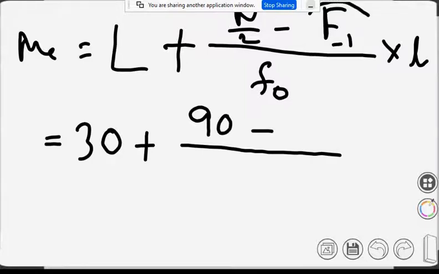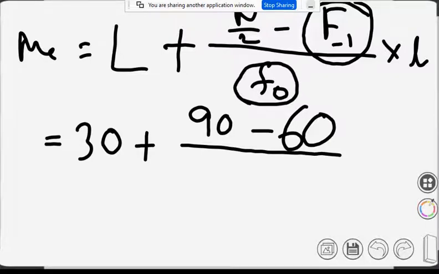Capital F minus 1 is the cumulative frequency of the class just preceding, the previous class. The cumulative frequency of the previous class, how much was it? 60. I don't have the board here for the cumulative frequency column, so I cannot show it. So 60, everybody is agreeing, 60. Yes, sir. So 10 plus 20 plus 30, I think 60, yes.